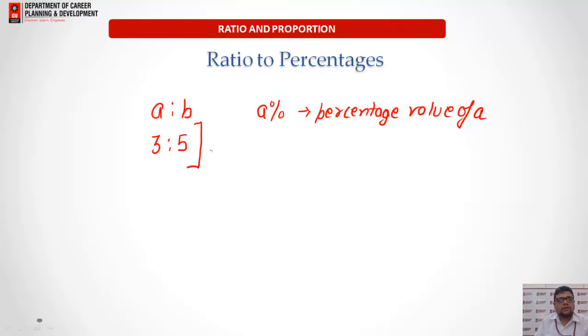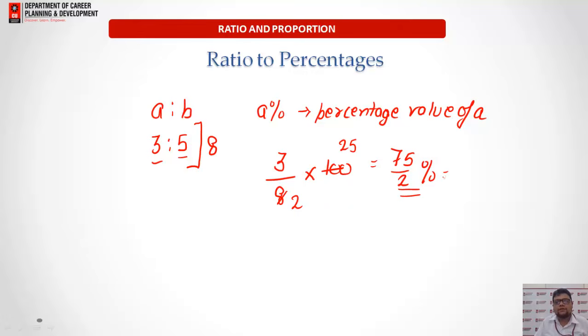So A plus B, total is how much? In a ratio I can say total parts are 3 plus 5, that is 8. 8 are the total parts. So out of these 8 parts, A is of 3 parts only. So we will write part of A, that is 3, divided by total, that is 8, and multiply this value by 100. You will find the percentage value of A. This will get cancelled out to 25. So it will be 75 by 2 percent of the total.